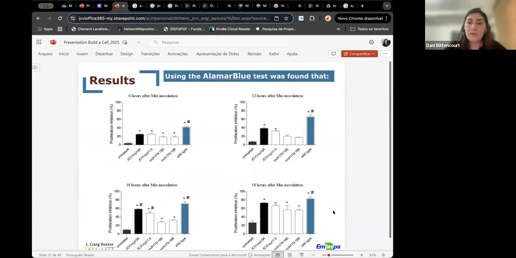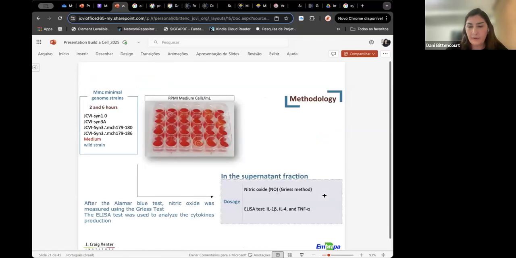the mononuclear cells. But this is something that we could expect, even if there is no pathogenicity involved here, because you can see here the wild type, the Mycoplasma mycoides, got a higher capacity to inhibit the proliferation of the mononuclear cells. But after 18 hours, all of them did. But there is a competition, there are other cells there. So, okay, this might be something that could explain this characteristic, but then we decided to evaluate now,